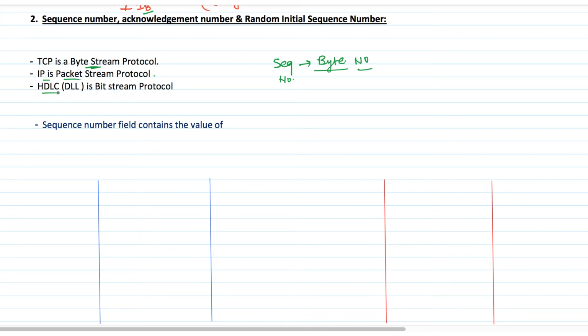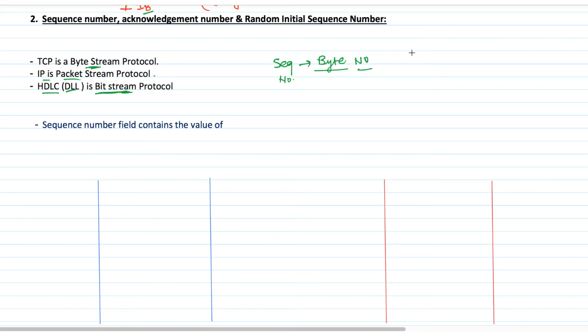While SDLC, which is not actually in your syllabus, but SDLC, which is a data link layer protocol, is a bit stream protocol, means every bit is going to be assigned a sequence number. So we can say that in case of TCP protocol, every byte is going to be counted by using the sequence number, while in a packet stream protocol, every packet is going to be counted through the sequence number.